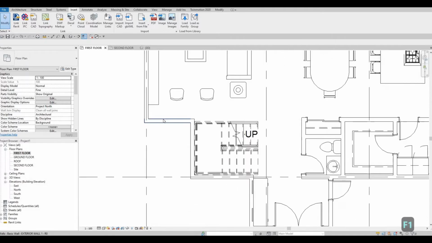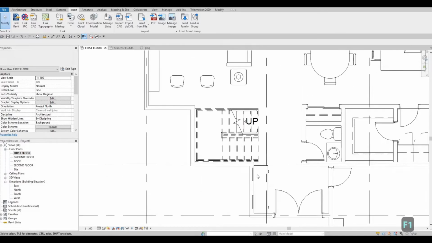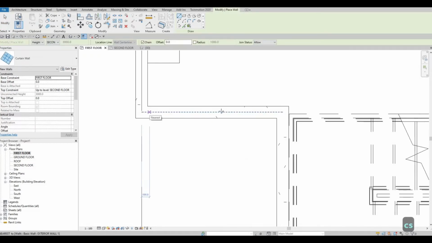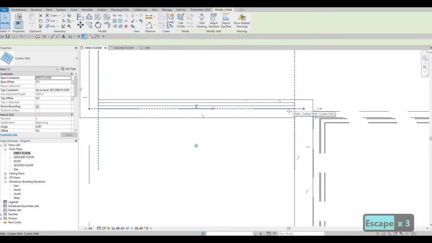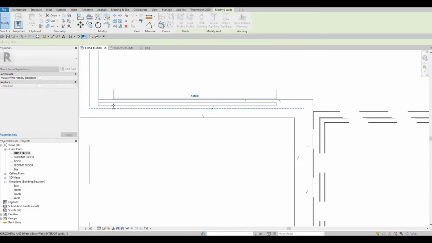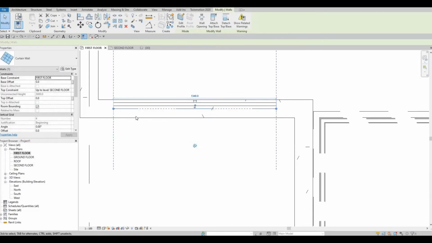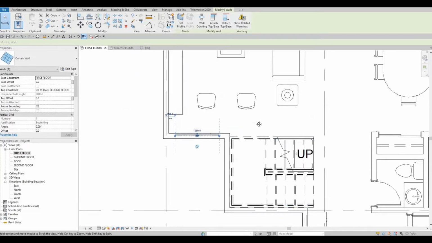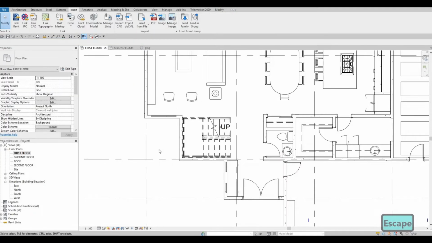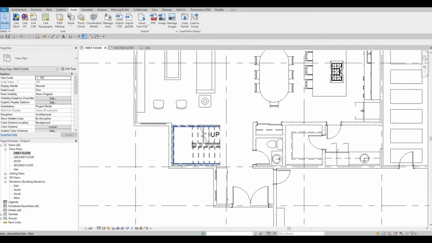So we could add a curtain wall right here as well. I'm gonna select that CS and then go to the midpoint. This is too much, so usually Revit will increase it all the way to the end, but we just need to pull it out like that. So that one's perfect. I'm thinking of adding somewhere here,